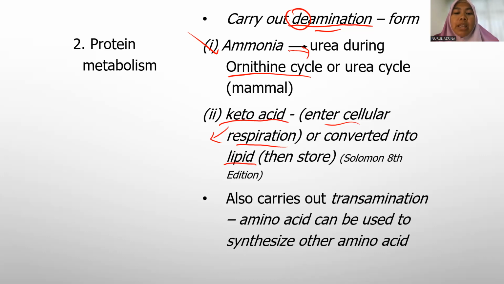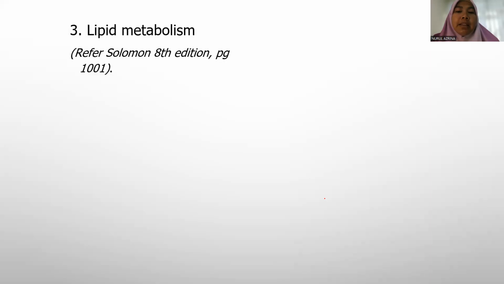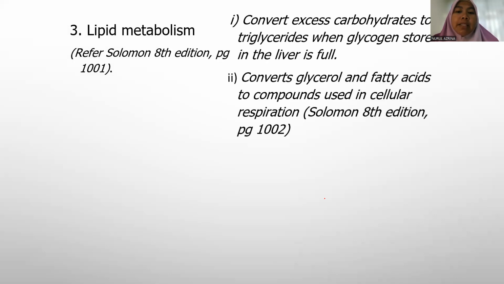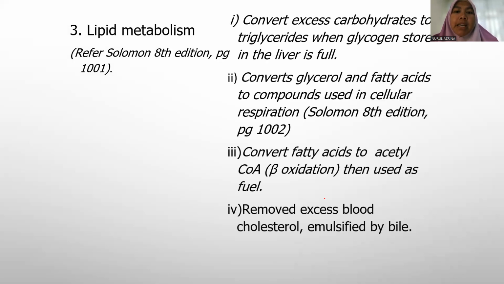Next, in the protein metabolism also, it can carry out the process of transamination, where one amino acid can be used to synthesize another amino acid. Okay, number three, liver helps in lipid metabolism by converting excess carbohydrate to triglyceride when glycogen